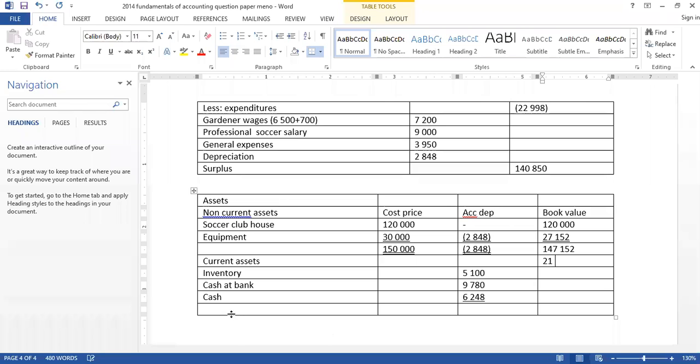Did you say 21,128? Yes, 21,128. And then from there, we add our non-current assets amount plus our current assets 21,128, which will give us our total assets. So how much are our total